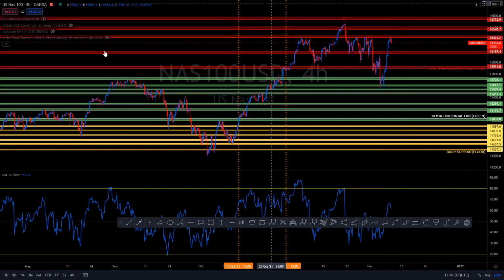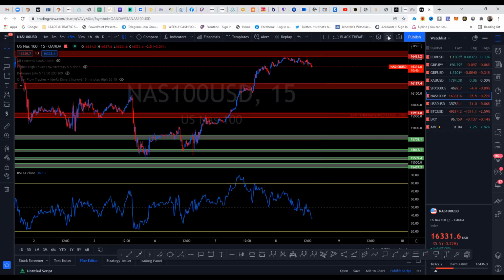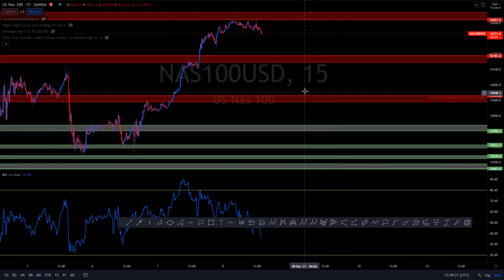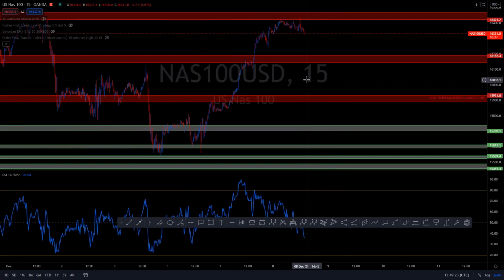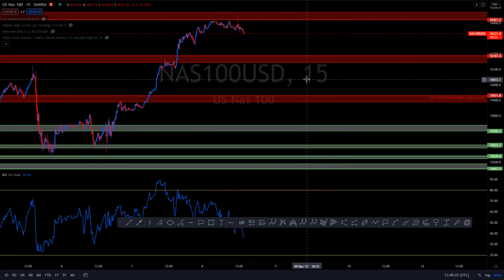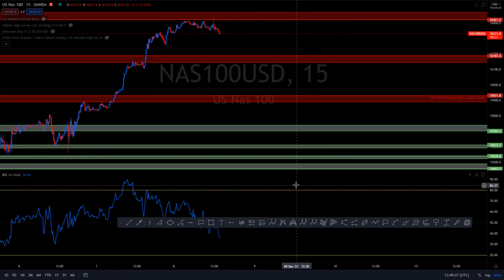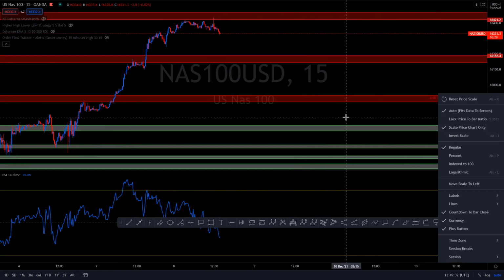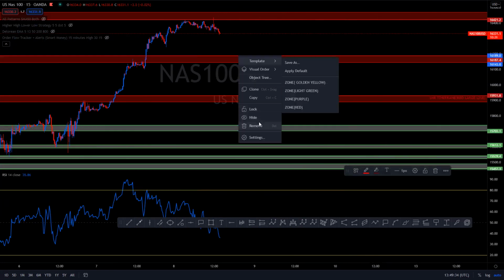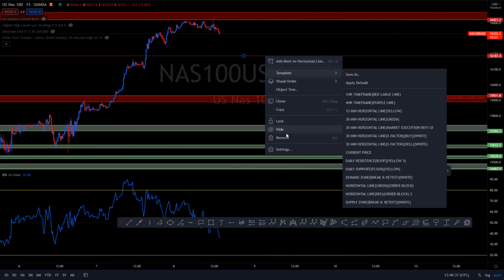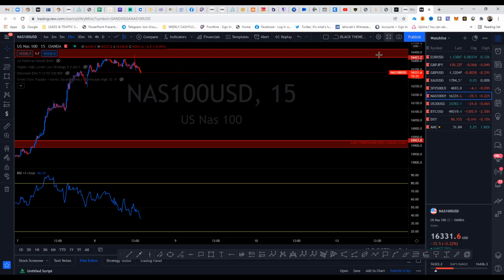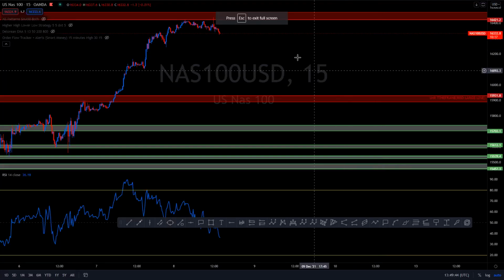So now that we did that, we want to go back to the 15-minute. So as you can see, we've marked up everything perfectly on the 15-minute. Now what I'm probably going to do, yeah, I'm just going to keep these zones the way they're drawn. If I have to delete this because it's in the way, then I'll do that. Matter of fact, I might just delete the zone, and then if I need to redraw it, I will. All right, so now that we've completed the first step, second step we need to complete is